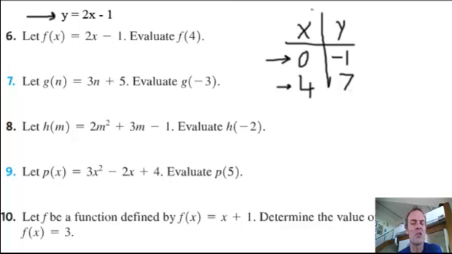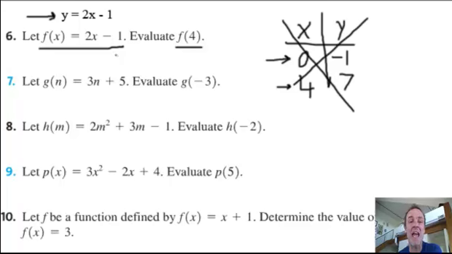Now, for function notation, what we're doing is this. We're saying f of 4. What does f of 4 mean? Well, if the function notation is, instead of y equals 2x minus 1, f of x equals 2x minus 1, and you can think of the y as the f of x, then it's this. We are saying instead of x, I'm going to put a 4. I'm not saying f of x, I'm saying f of 4. In other words, when x is 4,